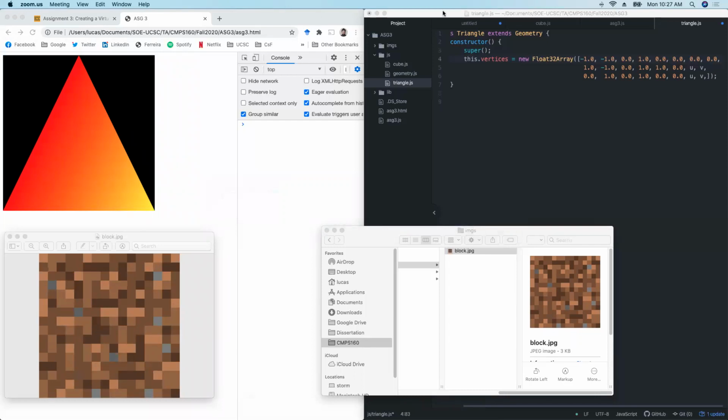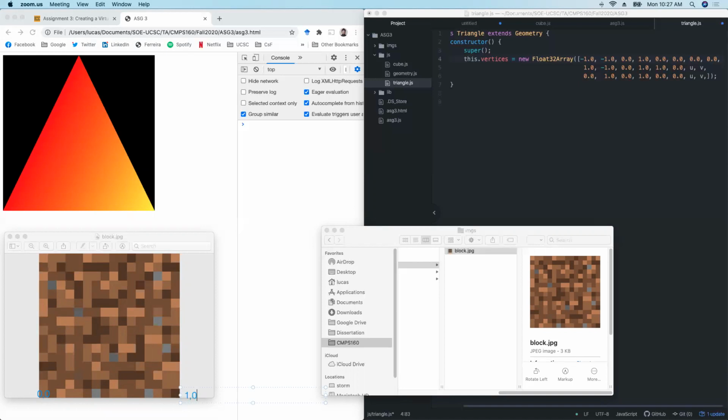Here, annotate, text. I can use text, I think. So what we want is, we want this value to be 0, 0, 0. We want this vertex to be,